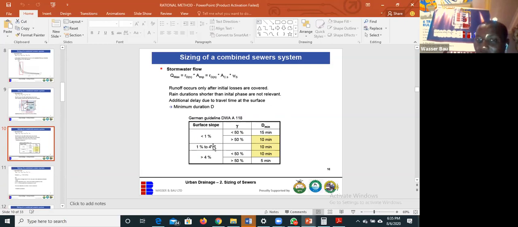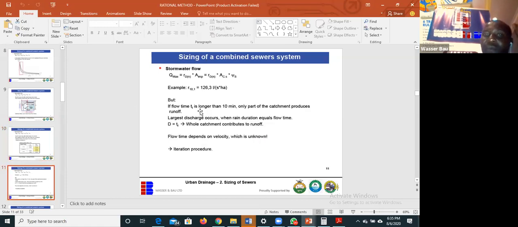Then you now take care of the slope. What is the slope of the area based on this? Remember, our aim is to get Q. But to get Q, we need to get R and A. And to get R impervious, you need to get the total area and the catchment and the peak runoff. So this peak runoff, these are all the things that influence it. You must put them into consideration. So the runoff we got here is about 126 liters per hectare. Okay, so this 126 now, you multiply by the area,